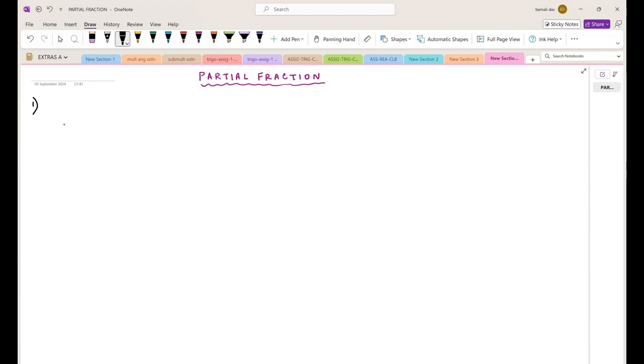Now, we use this method of partial fraction to integrate a specific type of integral. That is, if my integration is of the form, this is a special form. If the integral is of the form px by qx dx, where px and qx, they are polynomial functions